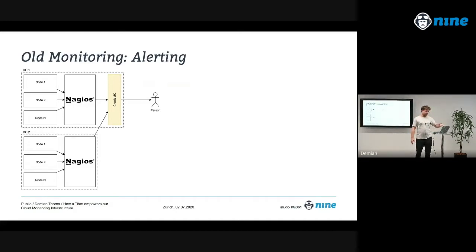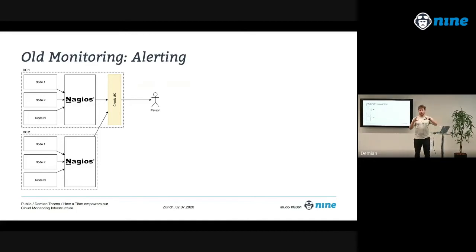But here, we have a separate thing for alerting and visualization. That's the first thing to point out, and it's more of a black box testing approach because you have checks on each node, and they report back to the Nagios server if everything is all right or if it's broken. And then you eventually page someone